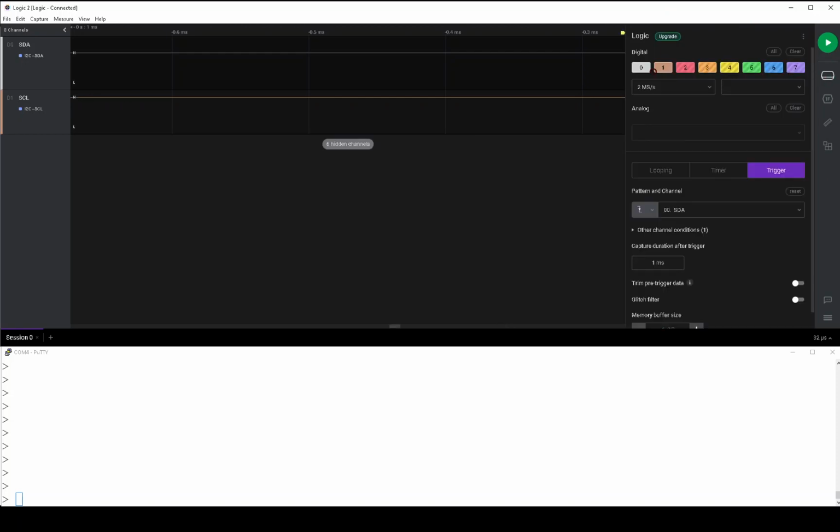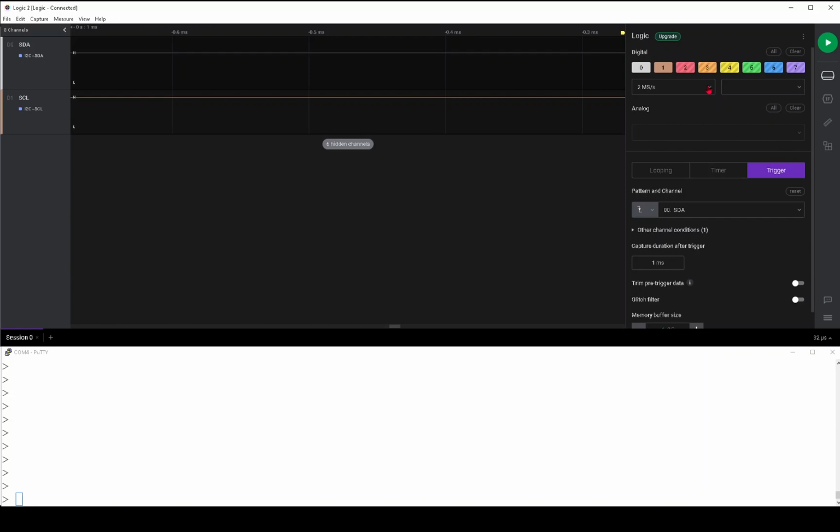So this shows the configuration of all the channels, or the probes. I have one channel I named SDA, another one I named SCL, and the remaining 6 channels are all hidden. I'm sampling at 2 mega samples per second. There are faster sample rates, but I was having some problems. I'm not sure if it's problems with my laptop because I'm running a lot of software when I make these videos, or maybe it's because I have a really cheap logic probe compared to the really nice ones